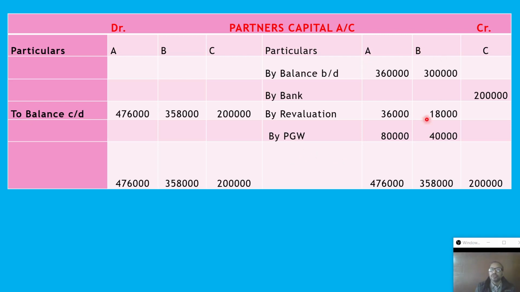After that, we compare the credit side and debit side. No adjustment is there, no entry is there. So directly we add the credit side: partner A 4,76,000, partner B 3,58,000 and partner C 2 lakh. That will come as the closing balances, 4,76,000, 3,58,000 and 2 lakh. Now this balance is called the present balance. That is our object, to prepare this partners' capital account, to find out their present capital balance at the time of change in profit sharing ratio, at the time of admission, retirement, whatever it may be.